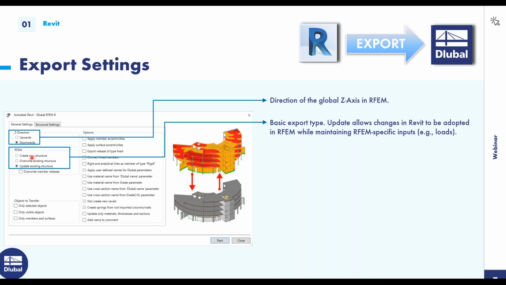So the first option here is to create a new structure. What this will do is create a whole new blank file in RFM. Then you can also choose to overwrite an existing structure, and this will completely delete the structure in RFM and overwrite it with the structure from Revit. And lastly, we have update existing structure, and this will just update the items or the objects that you've changed